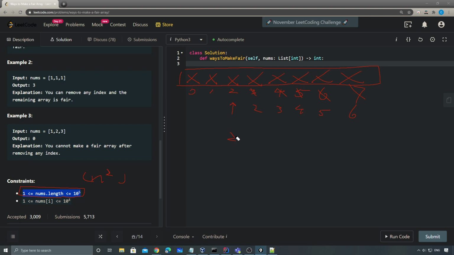So that gives us a hint. It means that if we pre-calculate all the pre-sums at each of the places, the odd pre-sum and the even pre-sum,